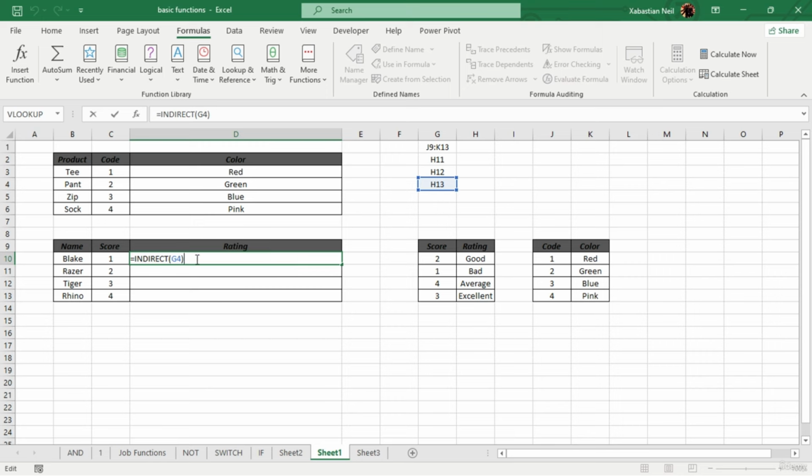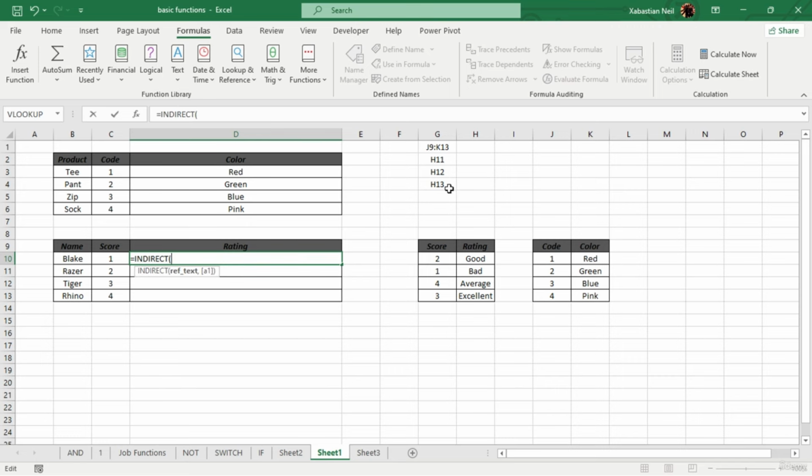So what I'm going to do is one H11, and you can see one is bad, just as it is on this table. So you can see it and then do it, but we know that VLOOKUP is a lot easier. A bit later I'm going to show you how it works. INDIRECT,